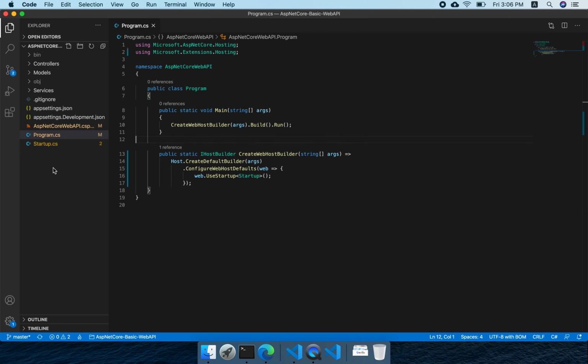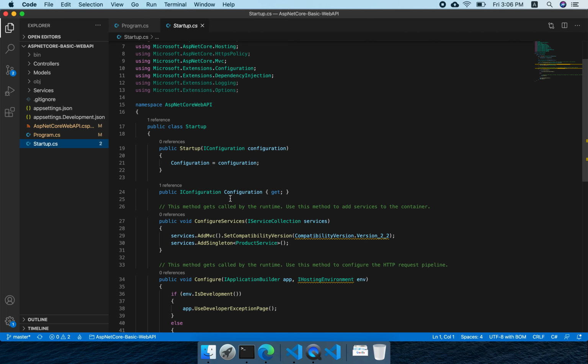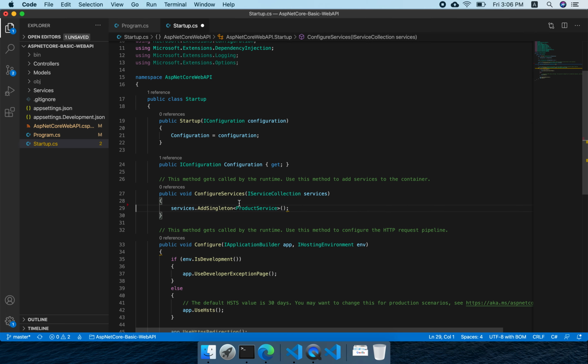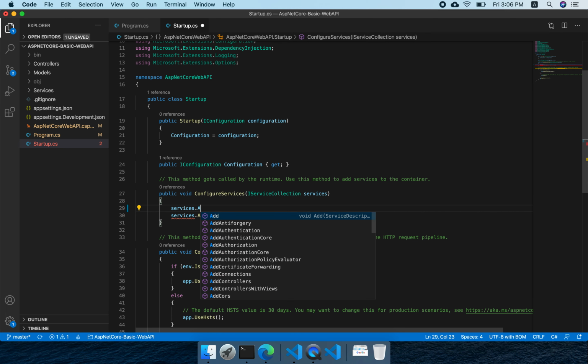The next step is in the startup file. First thing, we don't need this, remove this. The other one is we have to write the controllers. In the services we add the controllers.